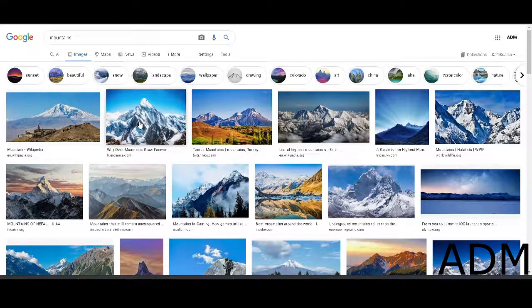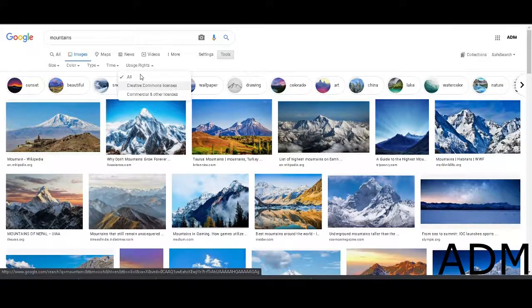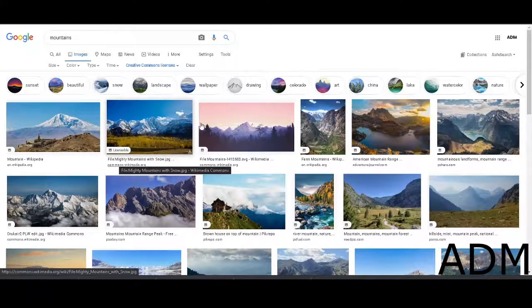So what you want to do is you want to click on this button over here where it says tools. So when you click on tools, you want to see over here usage rights. When you click on usage rights, you want to make sure you click on Creative Commons license. It will first be on all, then you want to make sure that you click over here where it says Creative Commons licenses. So you want to click on that. Okay, so now it's going to give you all the images that you can actually use for your own gain,